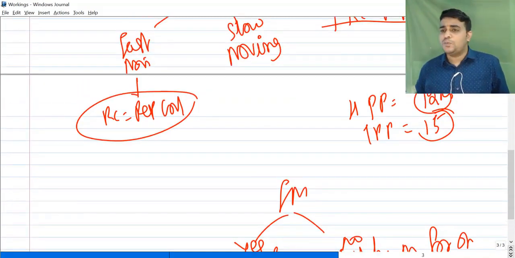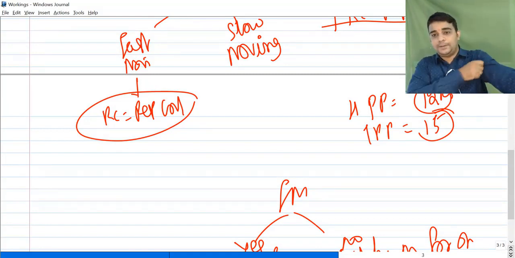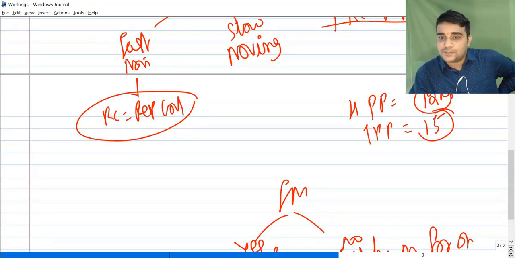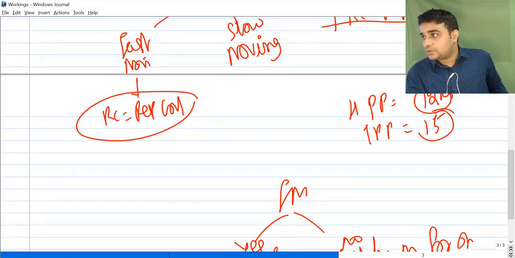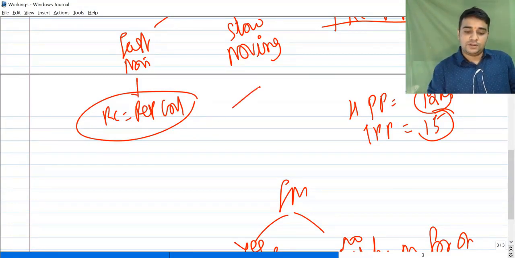Second scenario, it's a slow moving item. A slow moving item is a material that has no use. So I have 500 units in the company. I go to the stores and speak to the storekeeper that I want to use 500 units of this. He is very happy now, because this material was of no use. It was not used for any project. The slow moving material was not planned to be used for any project. So what happens in a slow moving material is, you have three situations.